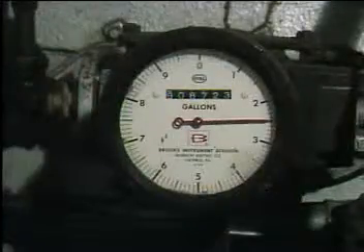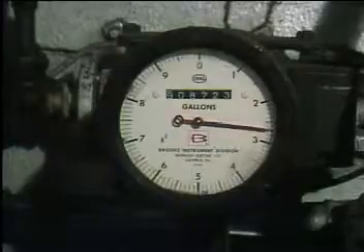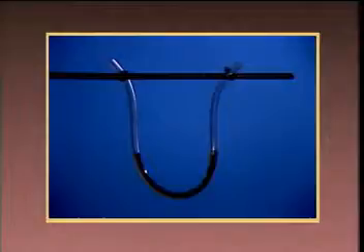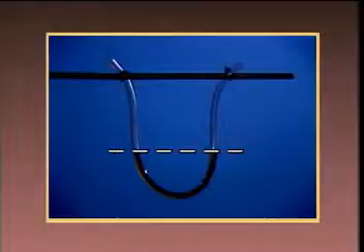Now, in order for a fluid to flow in a system, certain pressure conditions must exist. This fact can be illustrated using this U-shaped tube that contains a liquid. Both ends of the tube are open, so atmospheric pressure is applied equally to the surface of the liquid in each leg of the tube. Since the pressure is the same in both legs, there's no flow, and the level in each leg is the